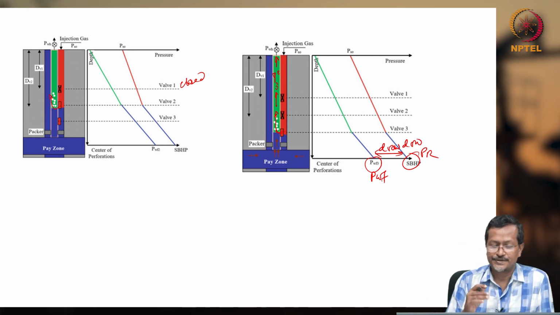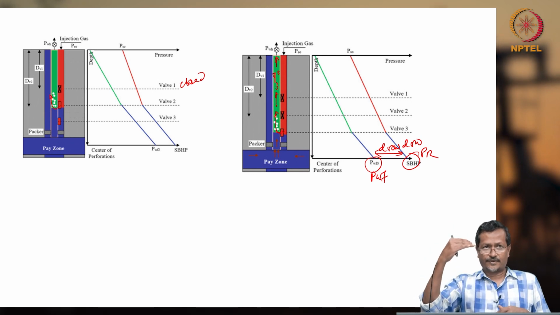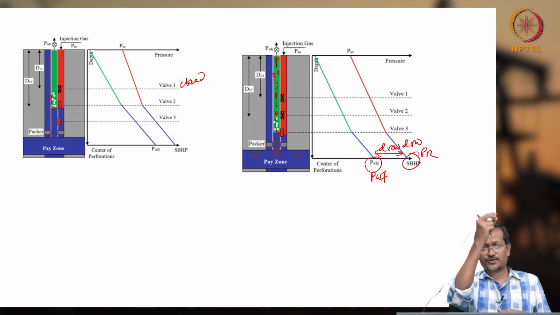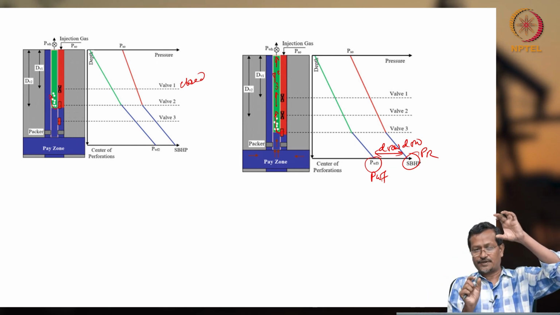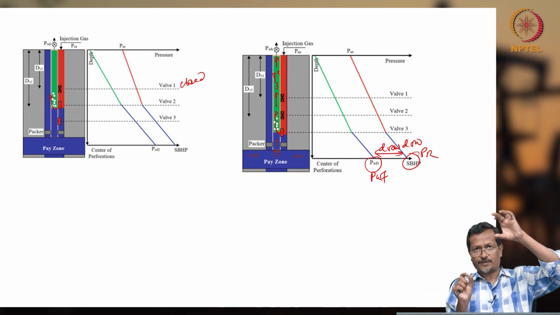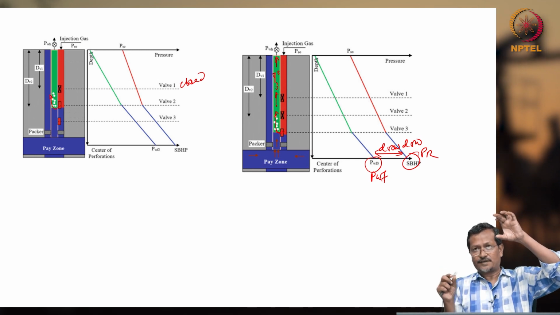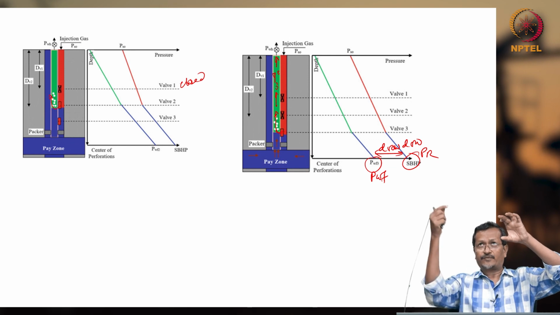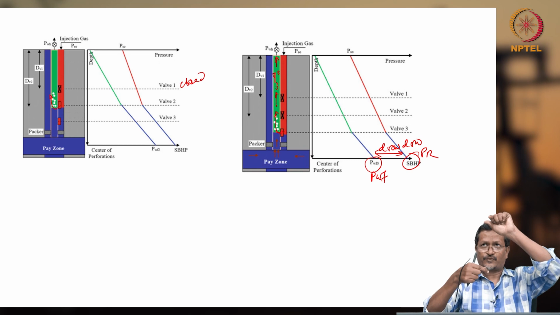So, you can see when you start injecting, the first valve gets gas, it creates lots of bubbles, and hydrostatic pressure is reduced. Reduced hydrostatic pressure means the flowing pressure, PWF, is reduced a little bit. When PWF is reduced, with the reservoir pressure still there, some difference is created, a drawdown is created, and some extra fluid will be entering. But from the surface you are injecting gas continuously, it reaches the second valve, the first valve is closed now,